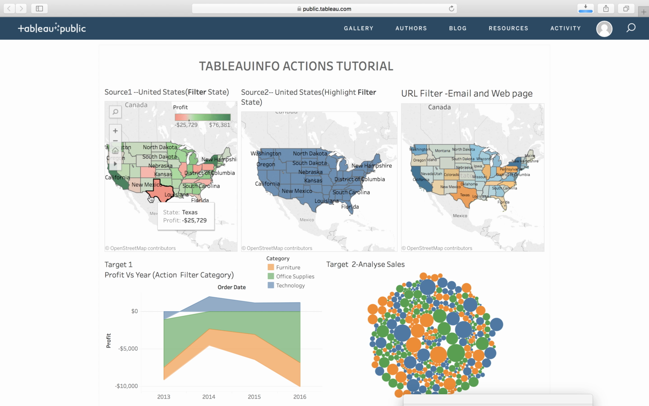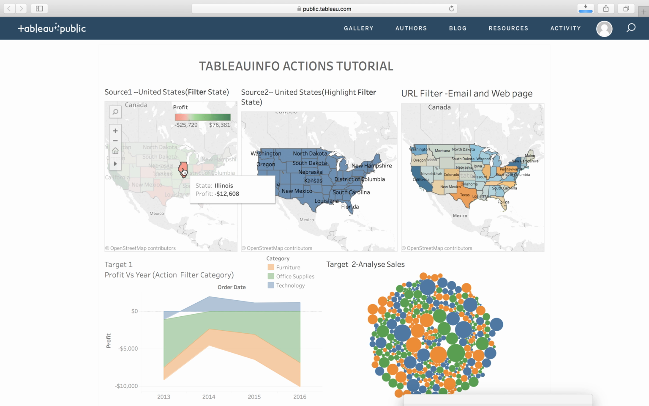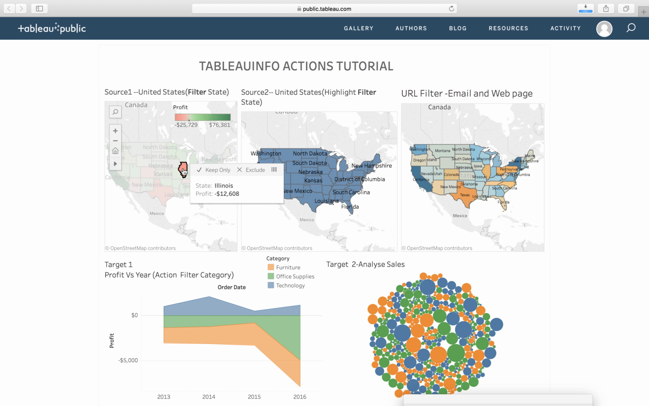So the first part is the filter. When I click on Texas, it is showing me my data relevant to the state Texas, with respect to different years. I clicked on Texas because I have a concern here: this state has the minimum profit. This color coding shows which states have the lowest profit. So okay, Texas. I can click on any other state which is on the lower side as far as profit is concerned,